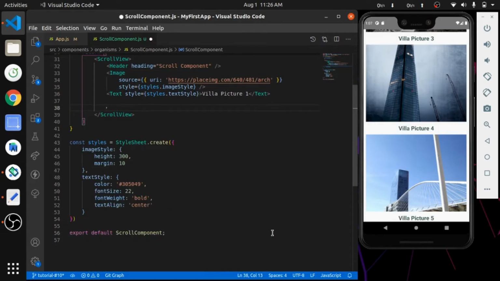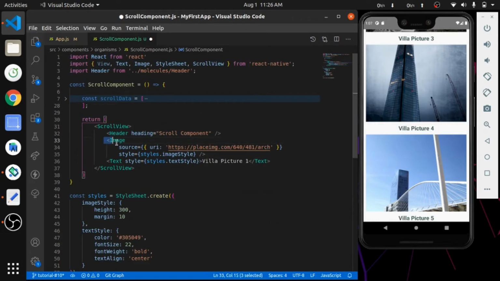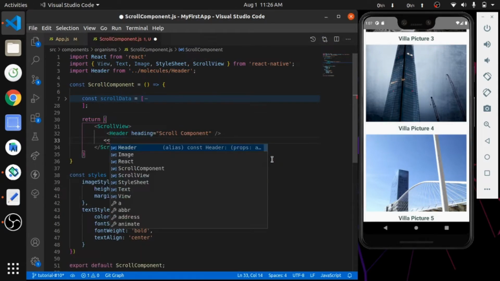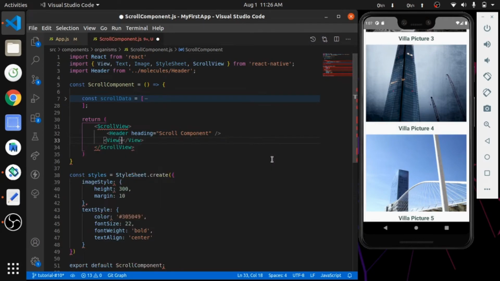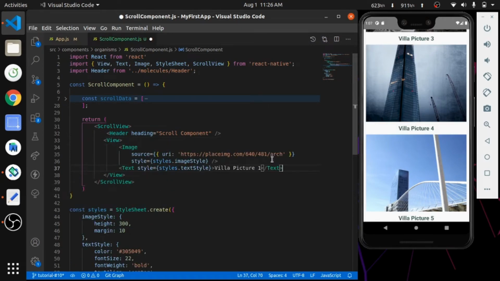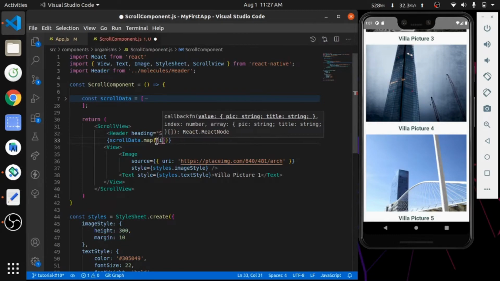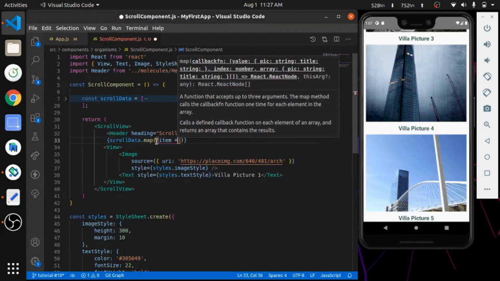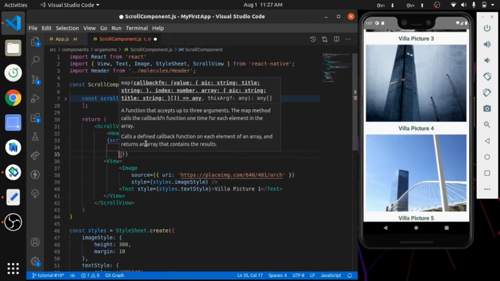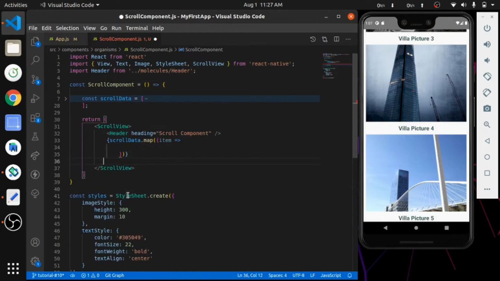First we need to create a parent view because map function will not take 2 separate components. So I am using the map function with scrollingData.map, creating a function with a unique variable to render data in the view.